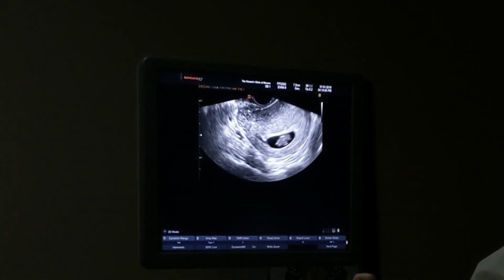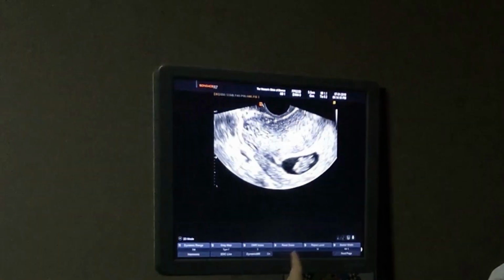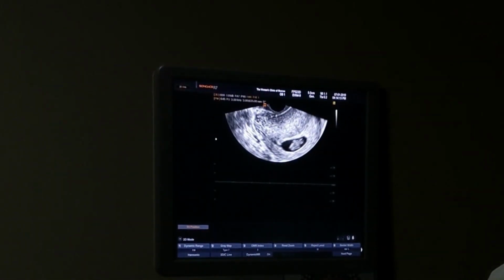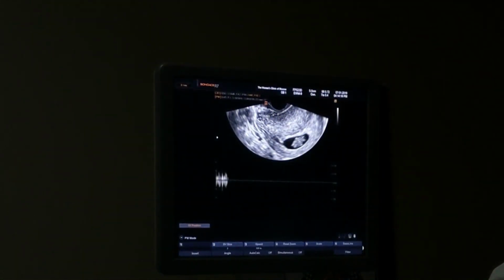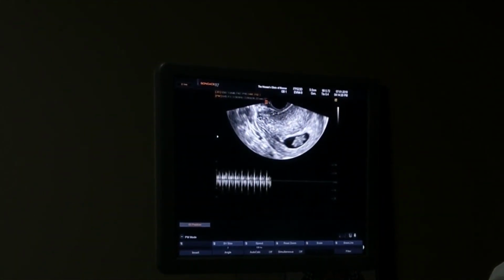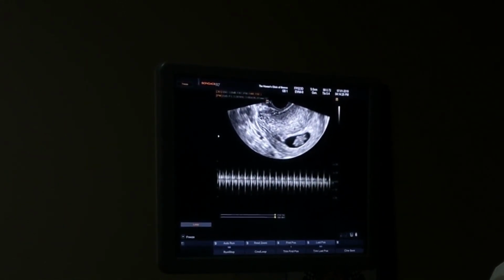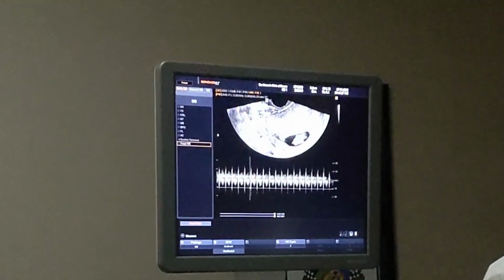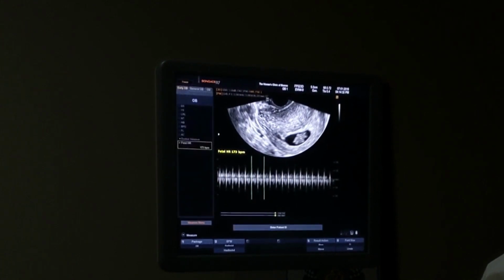Yeah, it's a lot bigger this time. Oh, I can see the heart. Does it say like what the rate is? Today it is 173. Perfect. So up to this point, up to 8 weeks, the main 3 symptoms I've had were nausea, fatigue,